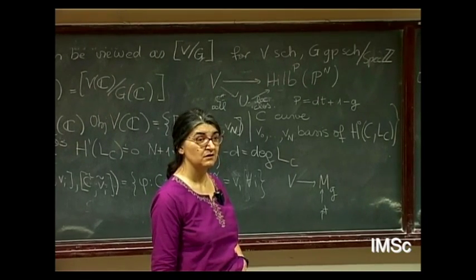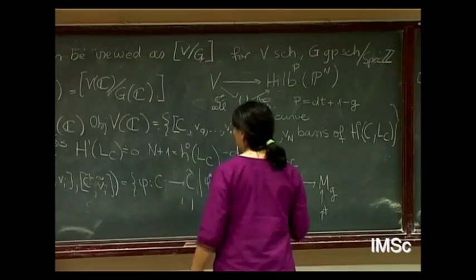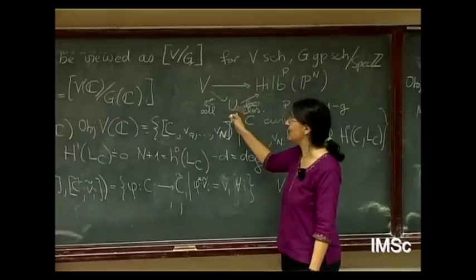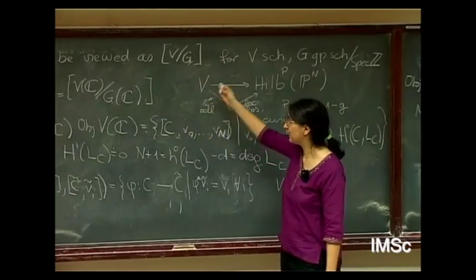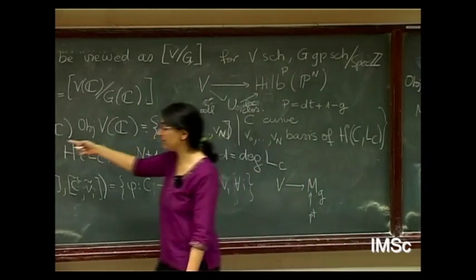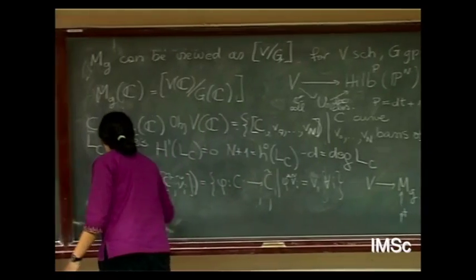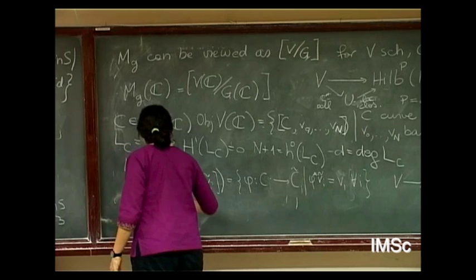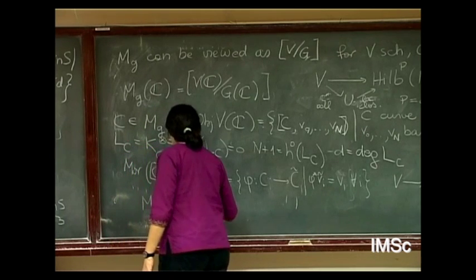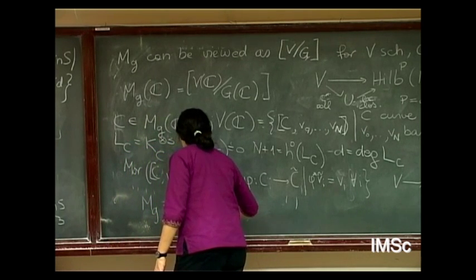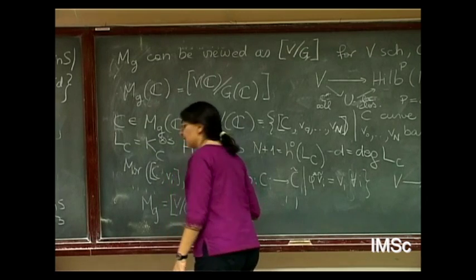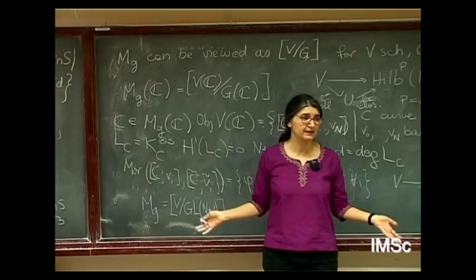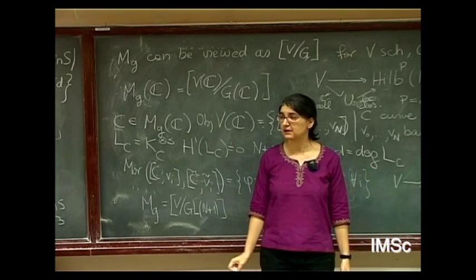I will get to that. Anyway, the point is this is just a C-star bundle, so this is a scheme. And then what you have is that this Mg can be written, at least as a set of complex valued points, as the stack quotient of V by GL n plus 1. And then you can do this in families, you can do it over Spec Z, and you still get this construction.